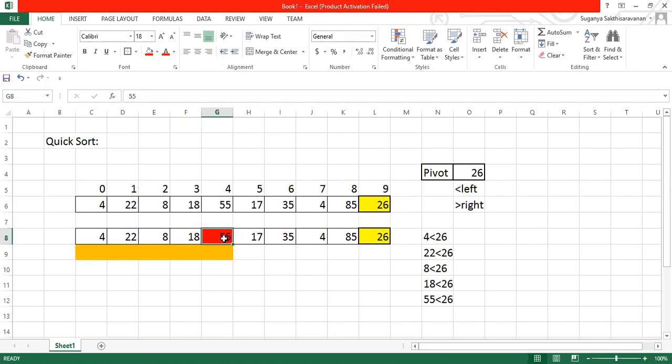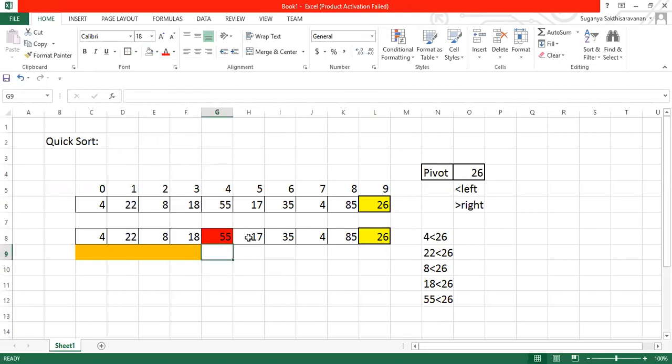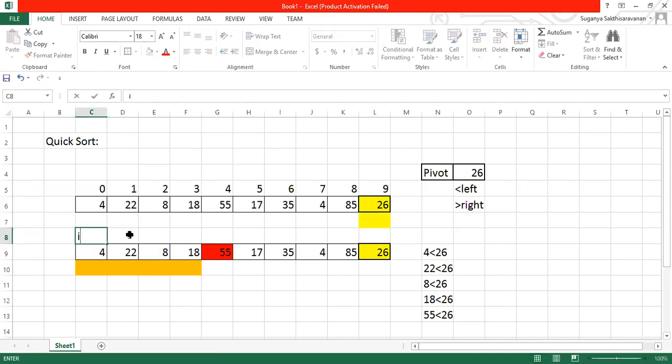Now what happened? This will be there, and one more pointer. This particular portion, your pointer will be stuck here itself. Let us assume you're having parallelly one more pointer along with it. Let me insert a line. So let us assume we are having one tracker like i, which keeps on incrementing, and this comparison is made by one more pointer.